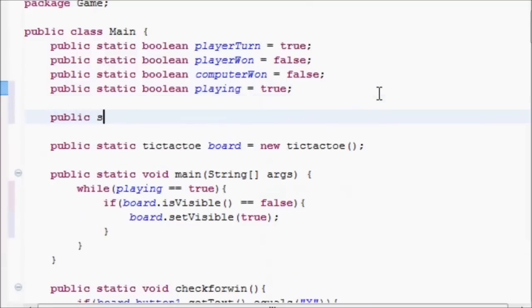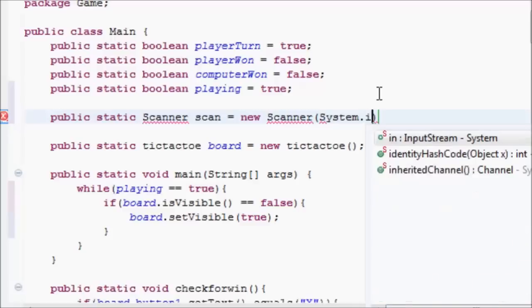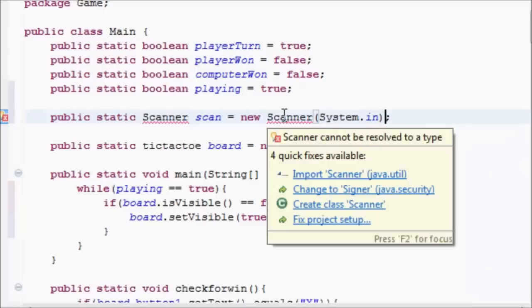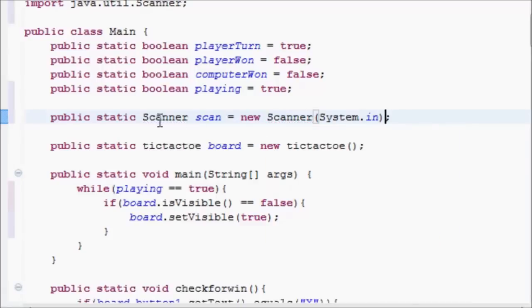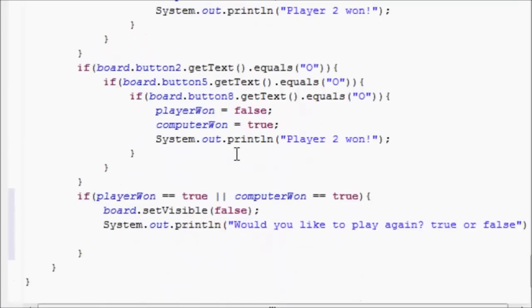Public static Scanner scan equals new Scanner(System.in). Import it. So now we have a scan method, and then we go down to the bottom. Scan dot